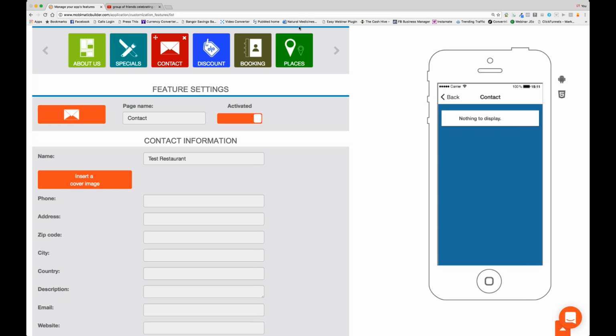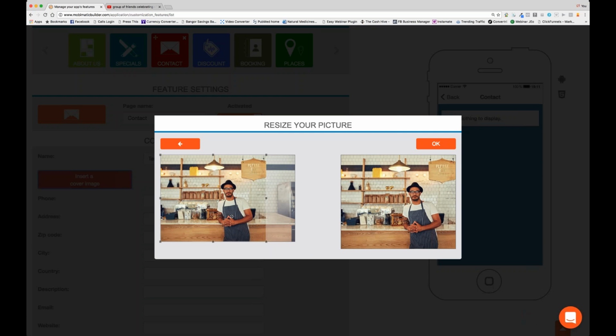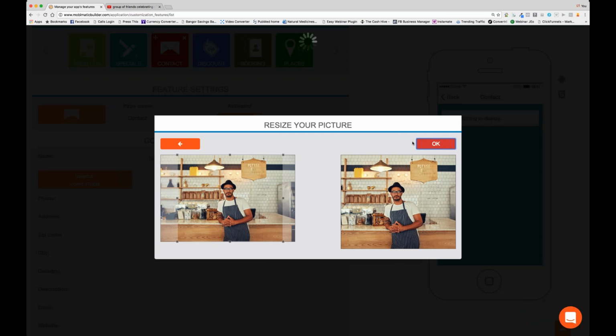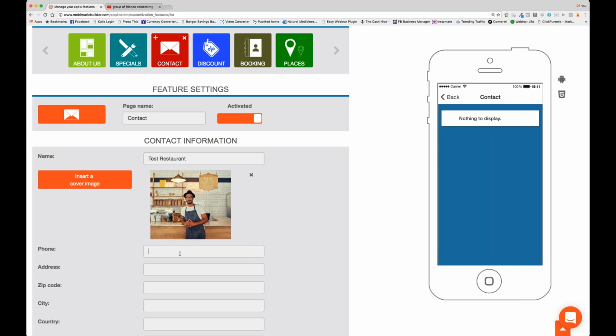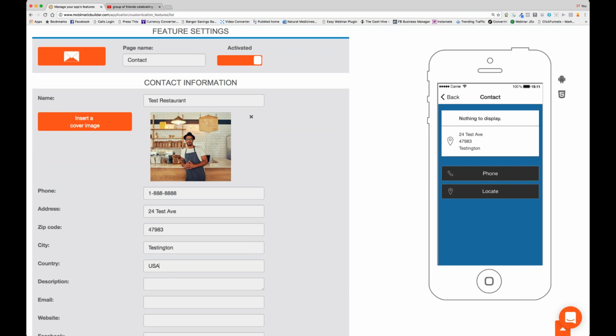We can insert a cover image into it. So let me just go to the right page there and upload this image. Insert that. Okay. We can add our phone number, so it's going to be like 1-888-8888, something like that. 24 Test Avenue. And we can make up a zip code and Testington, and we're going to say we are in the USA. We can put our description